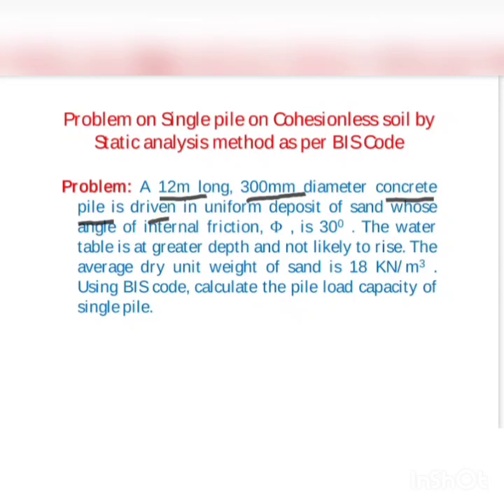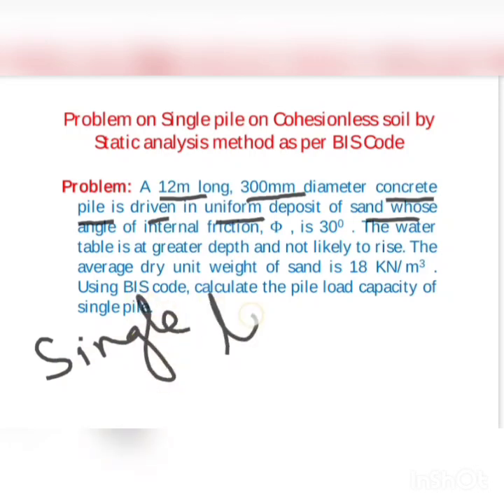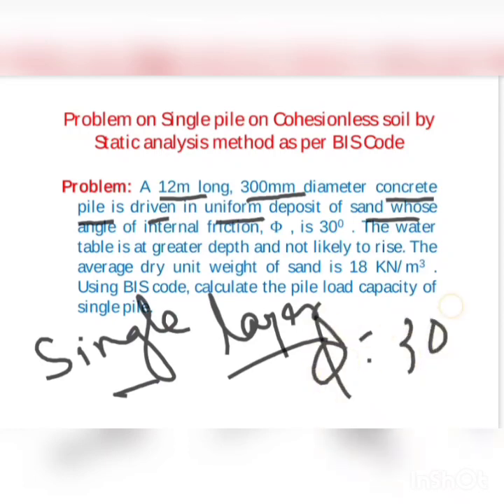So that's why it corresponds to the code IS 2911 part 1 section 1. And uniform deposit of sand means only a single layer of sand is there, whose internal friction is 30 degree. And the water table is at a greater depth and not likely to rise. So the water table is at a very far away depth, and it will not impact the